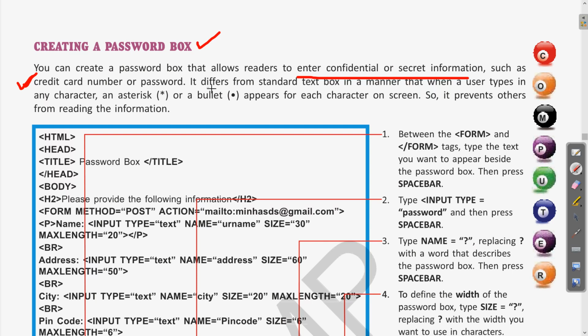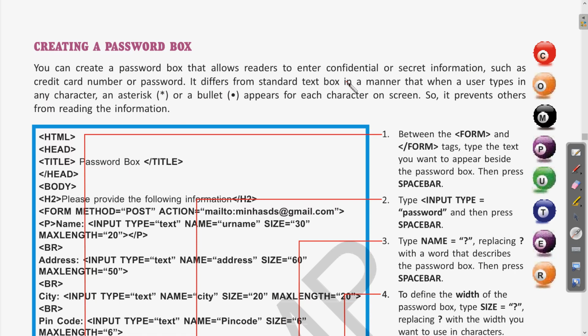It differs from the standard text box in a manner that when a user types in any character, an asterisk or a bullet appears for each character on the screen. Clear? Earlier using the text box, whatever information we were writing, those characters were displayed.